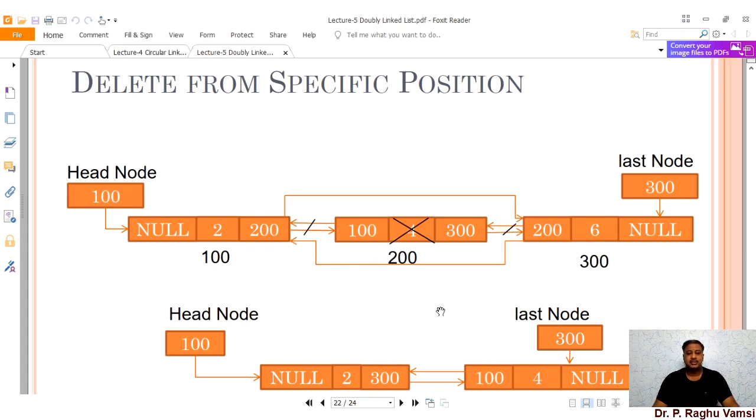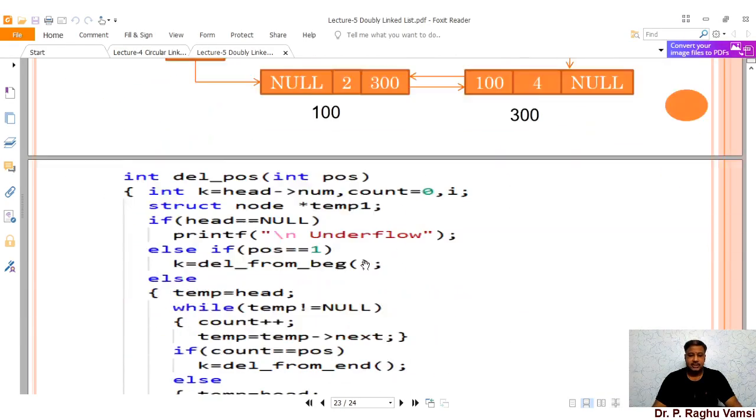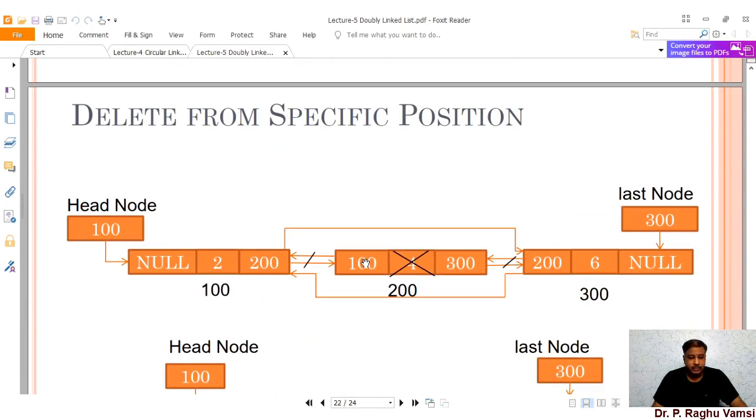The position's next address also has to be taken care of, that will be pointing to the position minus 1 node's next, and the position plus 1 node, that is this node's previous, should point to the position minus 1 node. Since you are holding the position which you want to delete in a temporary node, you free that temporary node, so that the link will be established between the position minus 1 node and the position plus 1 node. So this is the way the insertion and removal operations will happen.